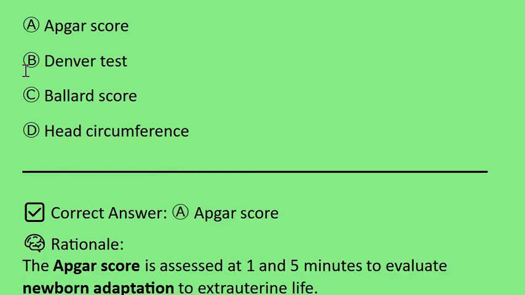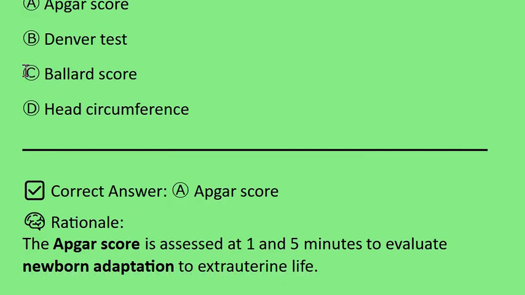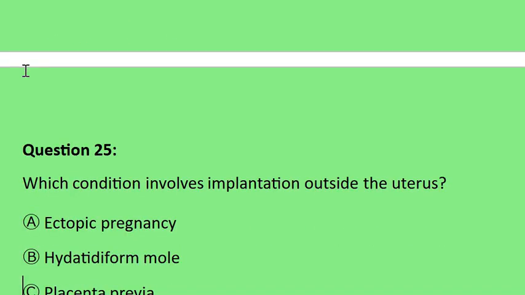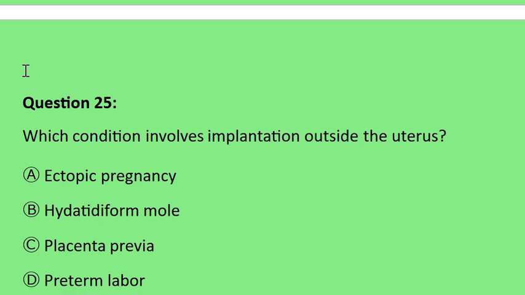And again, what does the Apgar score do? The Apgar score is assessed at 1 to 5 minutes to evaluate newborn adaptation to extrauterine life. So Apgar score is also another most important topic you can read for your exam, whether you are